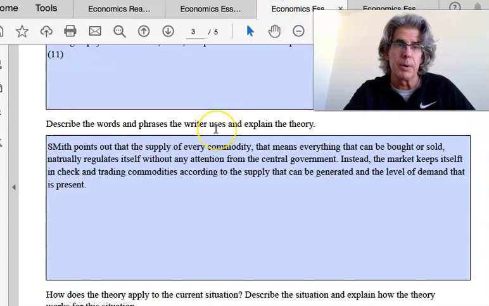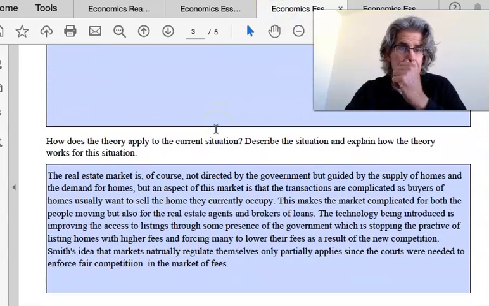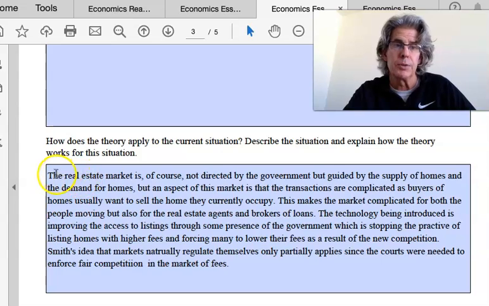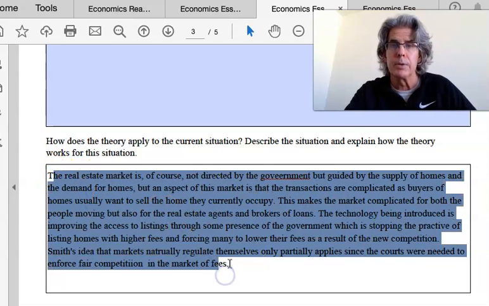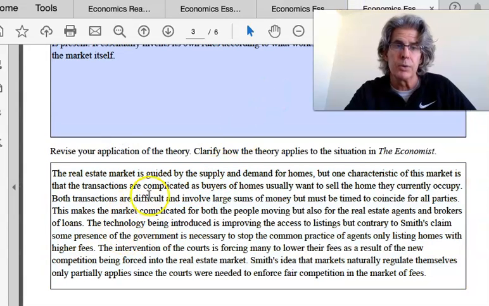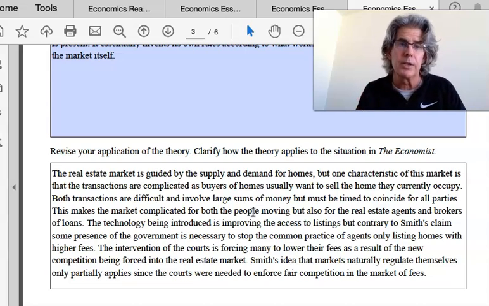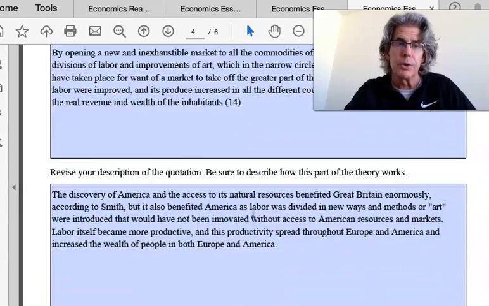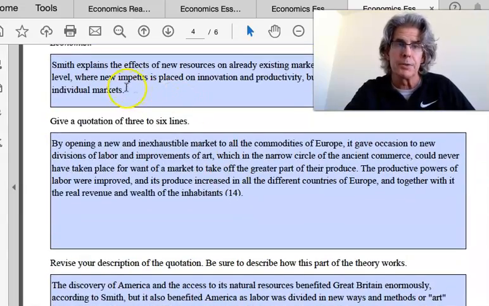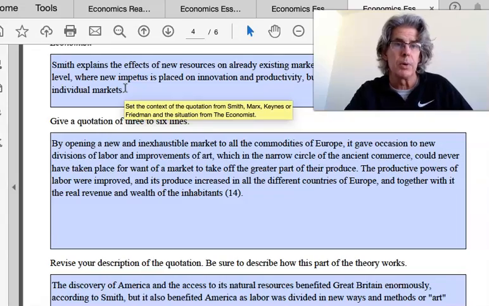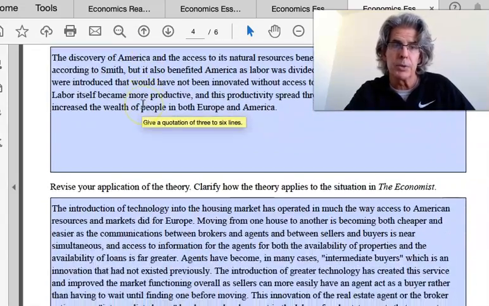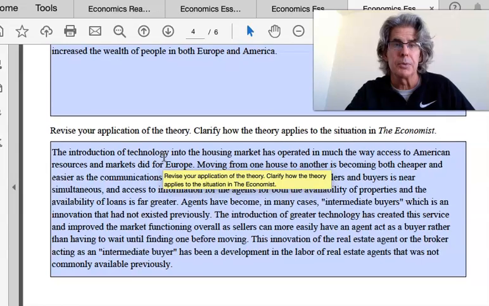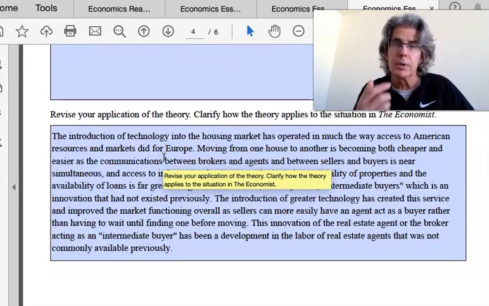Let me go to the second body paragraph in the rough draft. It's still pretty long, but what I did was revise it and improve it and clarify it. Okay? So in the second one, and notice it's a bit longer, but it just reads more clearly now. And so I did that each time and just built up bits and pieces of it. And this was the third, and same thing. I set the context up, which I had not done before, and then I revised the description and I revised the analysis. And I'm applying Smith's theory to it.